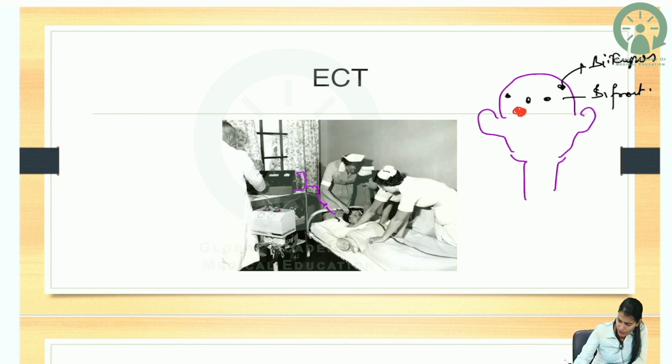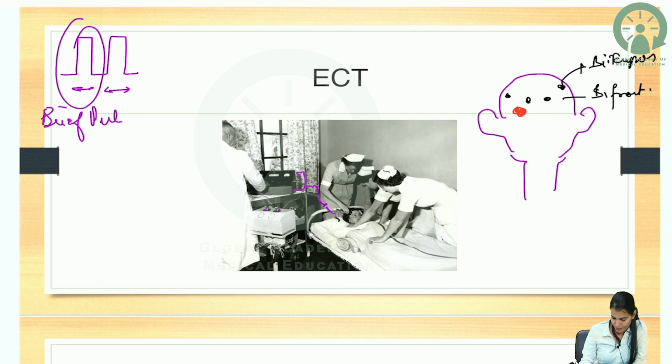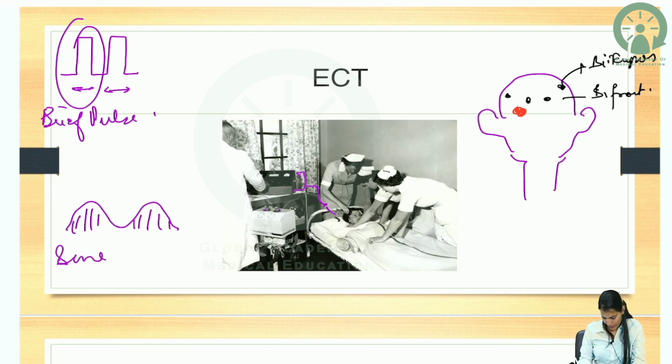What happens here is that electric wave stimulation is given. It can be a brief pulse kind of wave, where one pulse of current goes, then another pulse of current goes. Or rather than a pulse, we give it in a sine wave form, a sinusoidal pattern. This sine wave stimulation was given earlier, initially. Later on, it was then cut and even